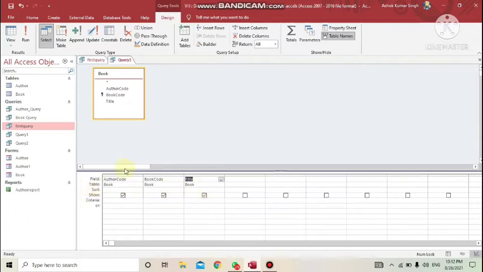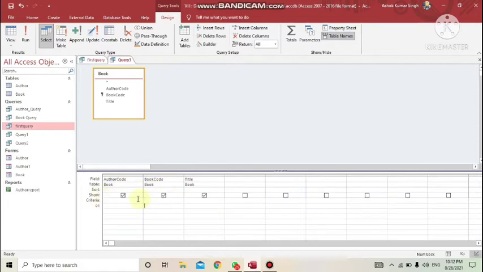Now next one is Table. As I told, here more than one table can also be there. So if the fields are from different tables, you have to select the table also. Currently, we have a single table. That's why the book table is automatically getting displayed under the heading Table. Next is Sort. Do you want to sort the output in ascending or descending order? If yes, go to that particular field based on which you want to sort the data. So suppose on the basis of author code you want to sort, you can choose it from there.